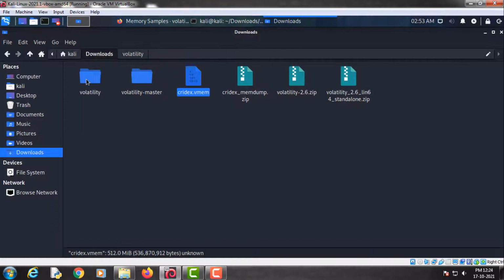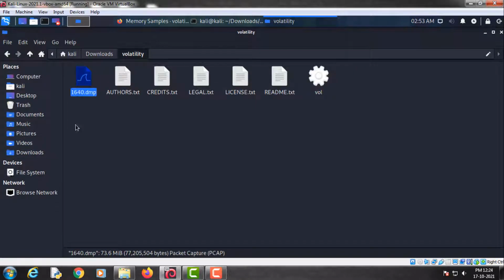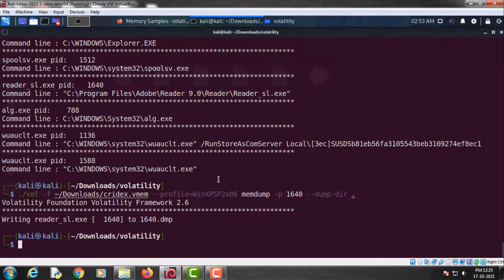So as you can see here, this is the process dump for this PID 1640. Now, next step